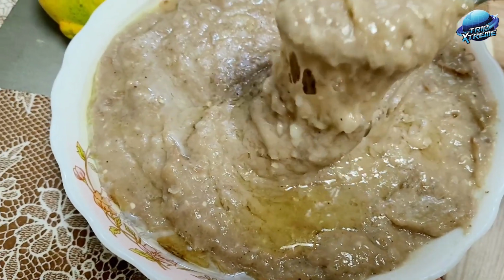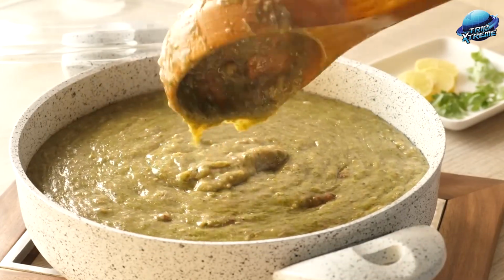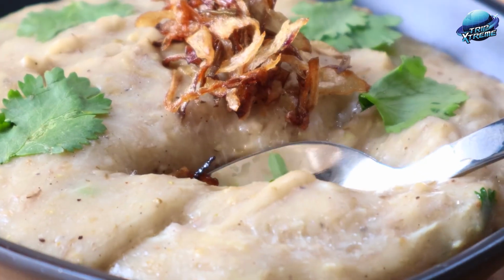And finally, at number 1, Harees. Harees is one of the most famous dishes in Dubai. It can often be found on many an Emirati dinner table, as well as on the menus in some of Dubai's finest restaurants. Its preparation requires a great deal of time and skill, so it's commonly presented at special occasions,